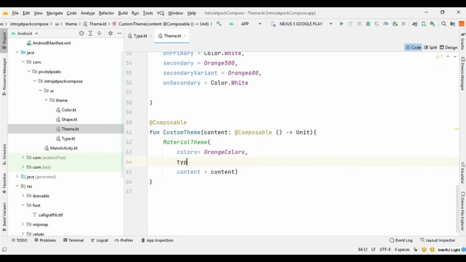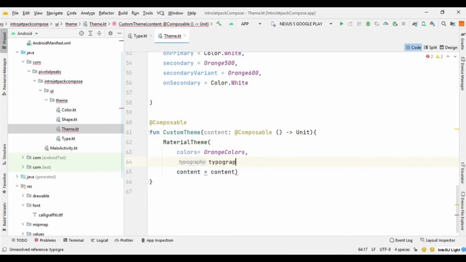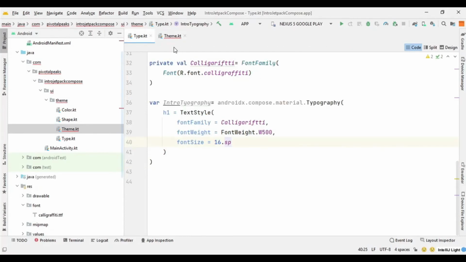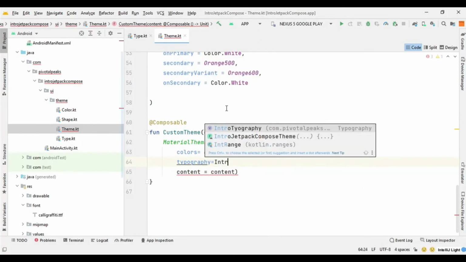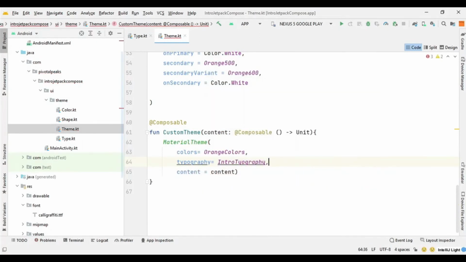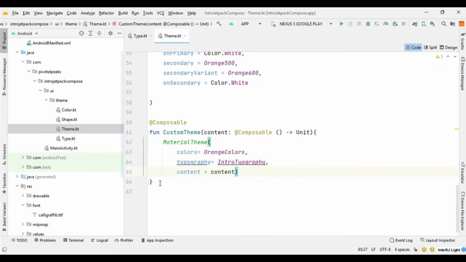So I will say typography equals, what was the name, intro typography. So I will say intro typography, and our custom style is ready to apply in our app.